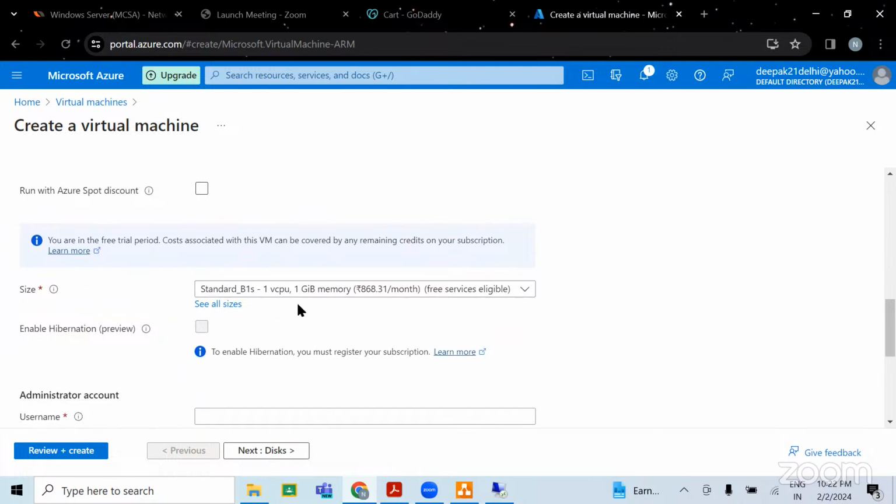See guys, Azure is going to help you out. Let's say we want to perform some practicals of MCSA, right? And you don't have as good a configuration in your laptop. Then you can use Azure portal. Same way, if let's say I want to make a web server, right? I don't have that much configuration available in my laptop. I can configure that in my Azure account. No problem.